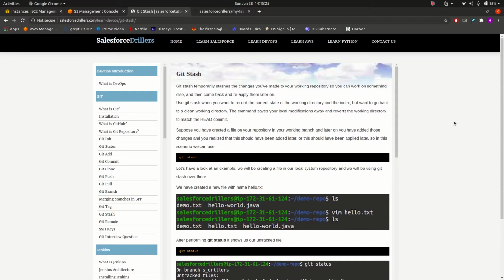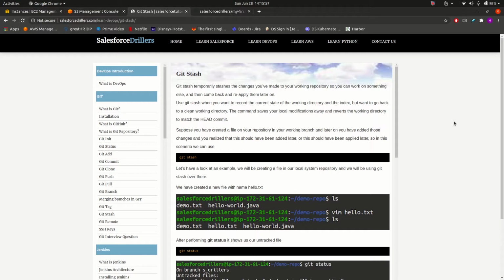So in the previous video we went through the git tag operation. What is git tag? Git tag is used to mark a specific version in the code base, or in common words, git tag is used for freezing the code base and no new changes can be pushed to the tag. If you want to have a look at the practical overview for git tag, please refer to the previous video.